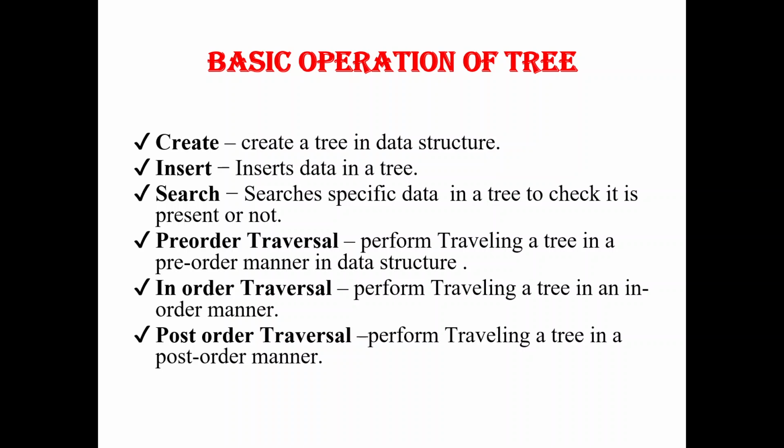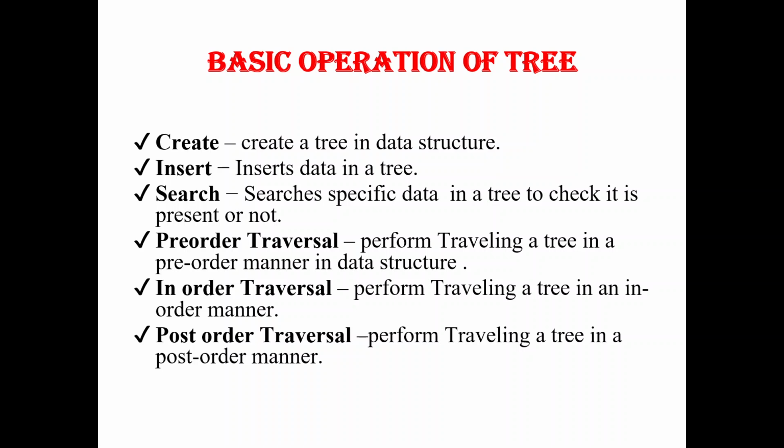Similarly, we can perform finding a node, minimum size node, maximum size node, the length of a tree, and the height of a tree. So these are the basic operations we can perform. In addition to that, we have traversal. That is how we traverse a tree to find or to add a document based on the condition. We have three types of traversal: pre-order traversal, in-order traversal, and post-order traversal.